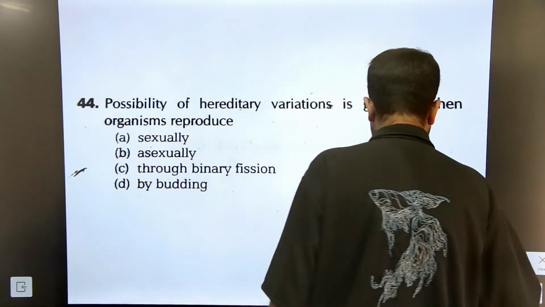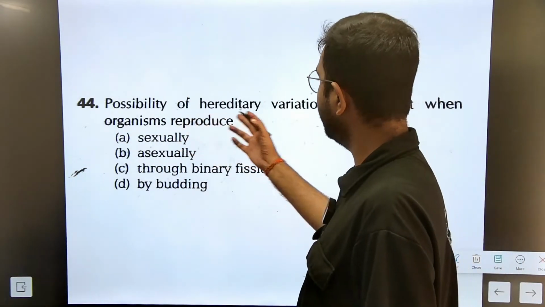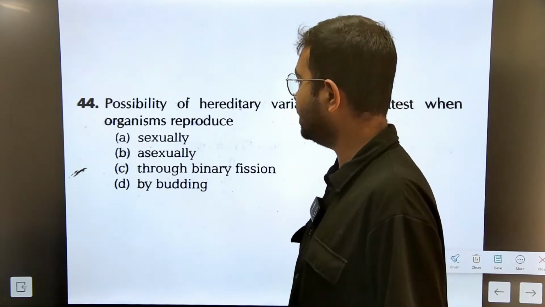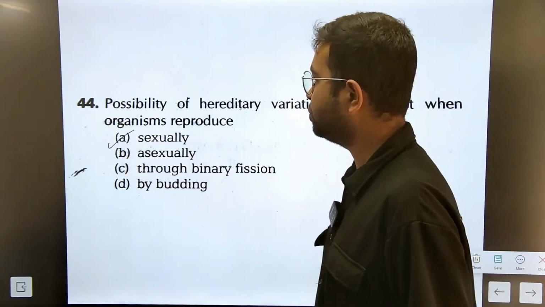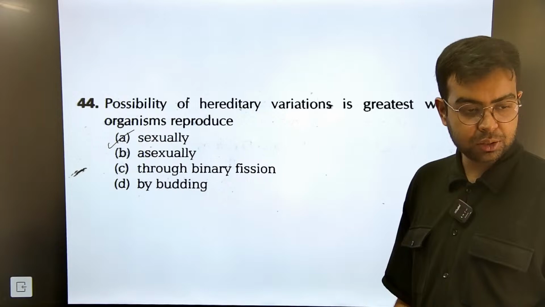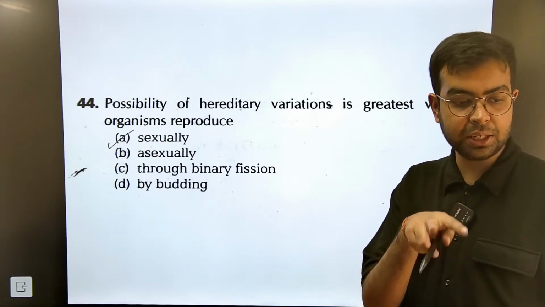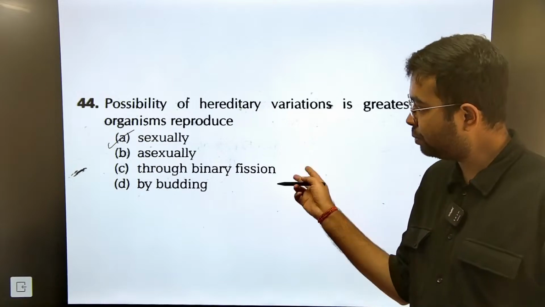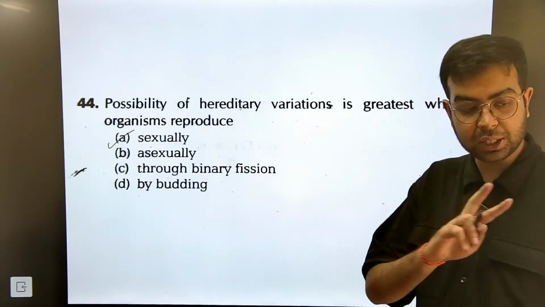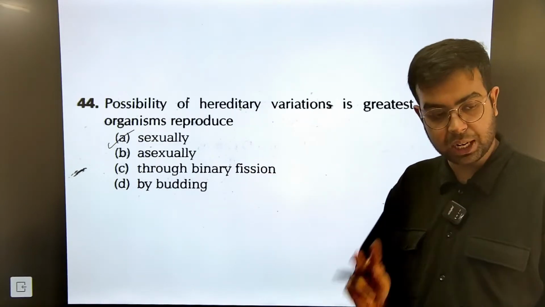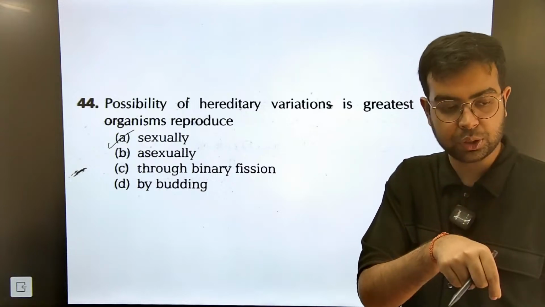So the correct answer in this case is that the possibility of hereditary variations is greatest when organisms reproduce sexually. Why? Because there are two parents, दोनों parents का characteristic मिलके the final offspring that comes, he has different characteristics from both his पेरेंट्स, वो दोनों जैसा किसी के साथ भी एग्जैक्टली सेम नहीं होता, दोनों से अलग होता है थोड़ा, लेकिन दोनों के कैरेक्टरिस्टिक्स उसमें होते हैं।